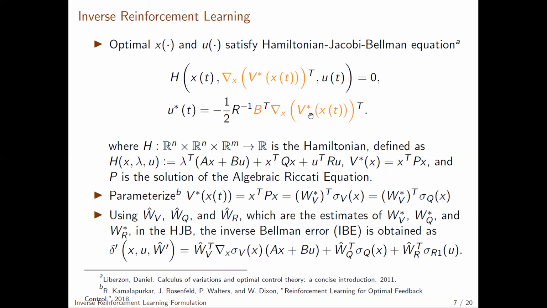However, there's one piece of information that shows up in here, the optimal value function. So we can parameterize that, such as X transpose PX, where we get ideal weights to be estimated and known features. And in this situation, these features are identically equal to the features in the state deviation penalty of the reward function. If we put all of our estimates for the reward and optimal value function weights into the HJB equation, we get our first error metric, which we call the inverse Bellman error, where this is our error term shown here, and this is the parameterized form of the HJB equation.